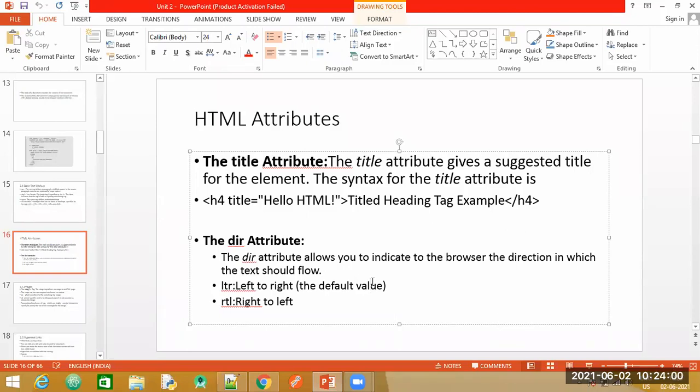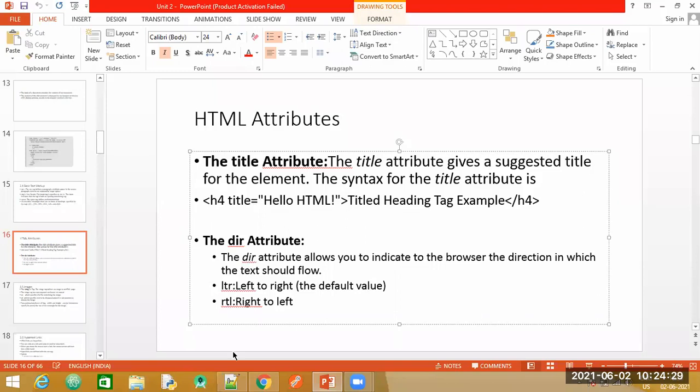That is the default value. That is how we write in a book. If we have to write some text in the notebook, we start from the left side, from the left margin. That is what it takes when we do not specify anything in our HTML document. But if you want the text to start from the right end of the browser and flow from right to left, you have to specify the value RTL, and the property name here is dir.